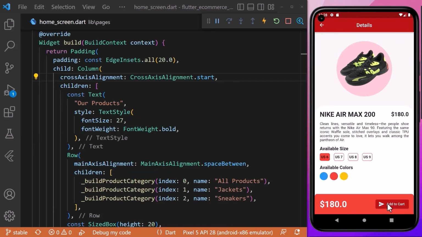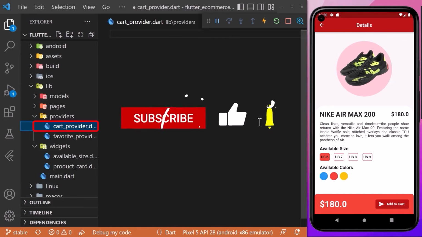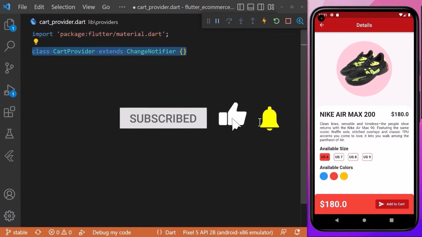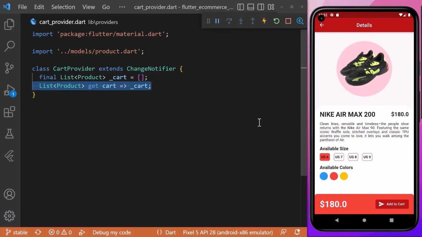Now it's time to add our product to our cart screen. Therefore, we will create a new file, cart provider, inside our provider folder. Here we will create a CartProvider which extends ChangeNotifier. Inside we will create a private list, cart, of type Product, which we will later use to get the cart list. Here we will create a toggleProduct method where we will add the Product class instance as a parameter of